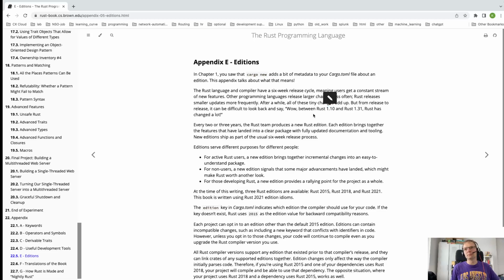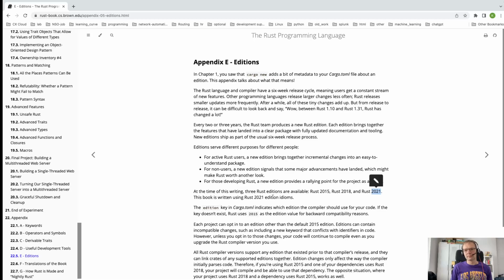To address this issue, I believe the Rust team will collect all of the features changed during 2 or 3 years of these 6 week releases, update all of the documentation and tooling along with that, and create a new edition, which will be another number like 2015, 2018, or 2021,